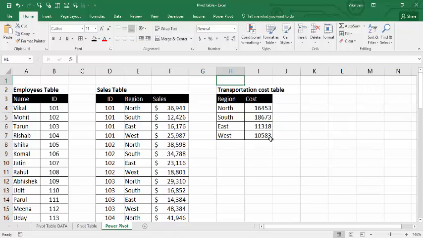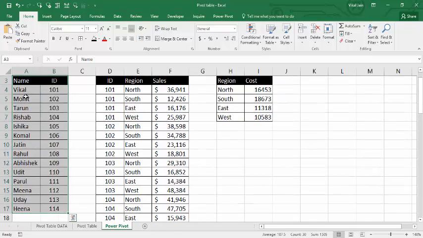The advantage of Power Pivot is that you can create your pivot table with these three tables. You don't need to integrate these three tables, and the size will be less than your normal pivot table. But a precaution: a new feature always comes with a precaution. Whenever you are going to use Power Pivot, you have to create a table. So select your data, create a table, press Ctrl T to create your table,